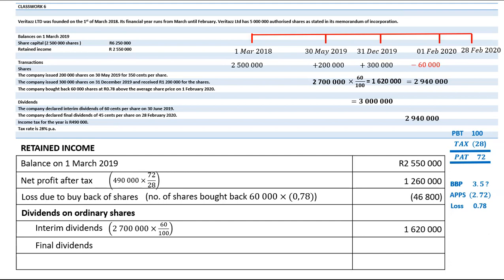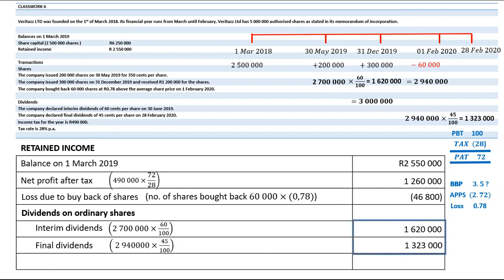Had they said that the shareholders whose shares were bought back on the 1st of February qualify for final dividends, we were going to use the 3 million. But here they just kept quiet. So we just take the number of shares that were issued when the dividends were declared. Here, the dividends were declared on the 28th of February 2020, and the shares that were issued on that date amounted to 2,940,000. When you take that 2,940,000 multiplied by 45 cents, it'll give you